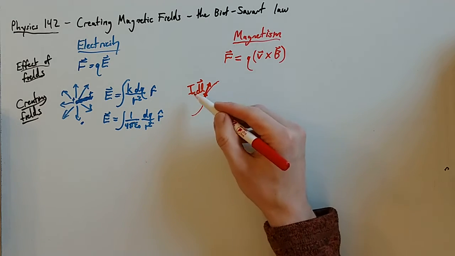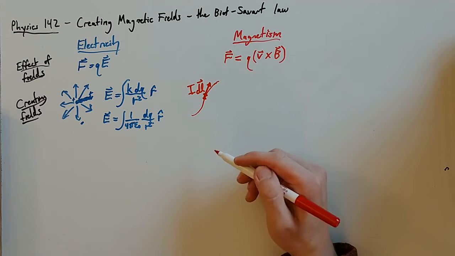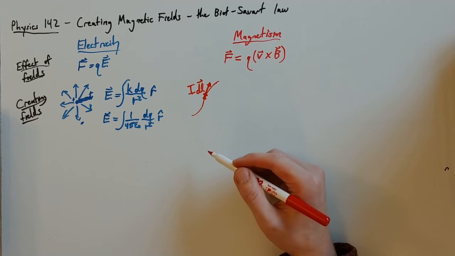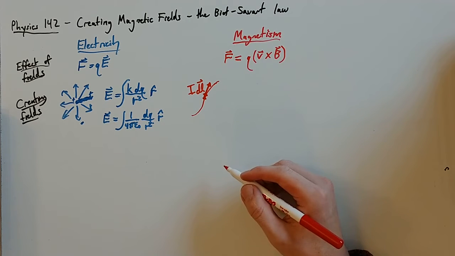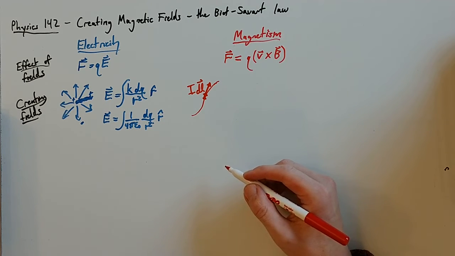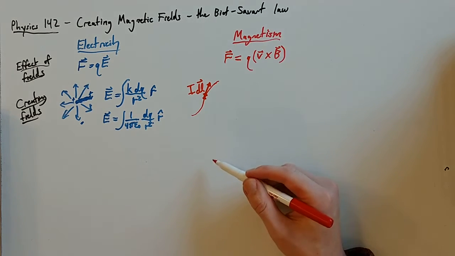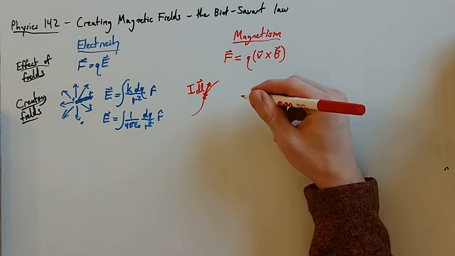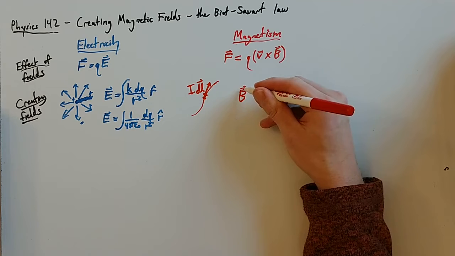And so current is moving charge, and if we have a little bit of moving charge, we expect that should be able to create a magnetic field. And so the goal here is to write a formula for this. This is something that scientists in the early 1800s were working hard on, trying to figure out if you have a little bit of moving charge, how much magnetic field does it create? And they were able to come up with a formula. Some of the first people to come up with it